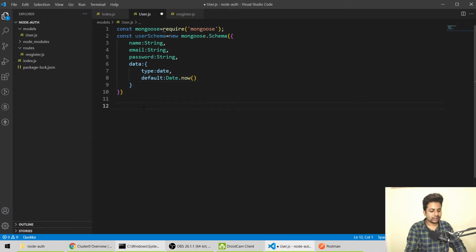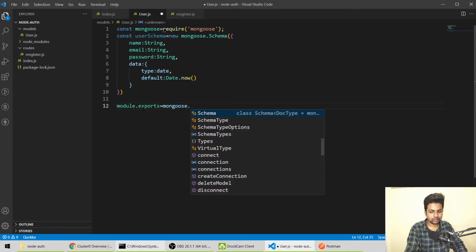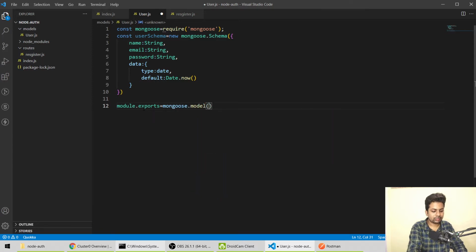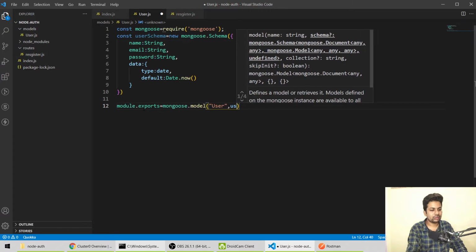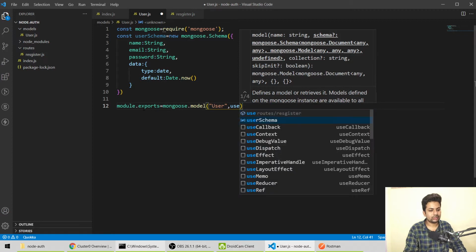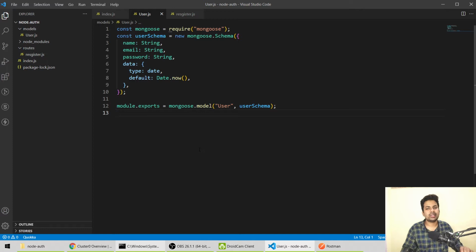Now we'll export it. We'll say module.exports equals mongoose.model. We'll export it as User, so our model name will be User, and the schema is userSchema. Let's save it, everything is perfect.